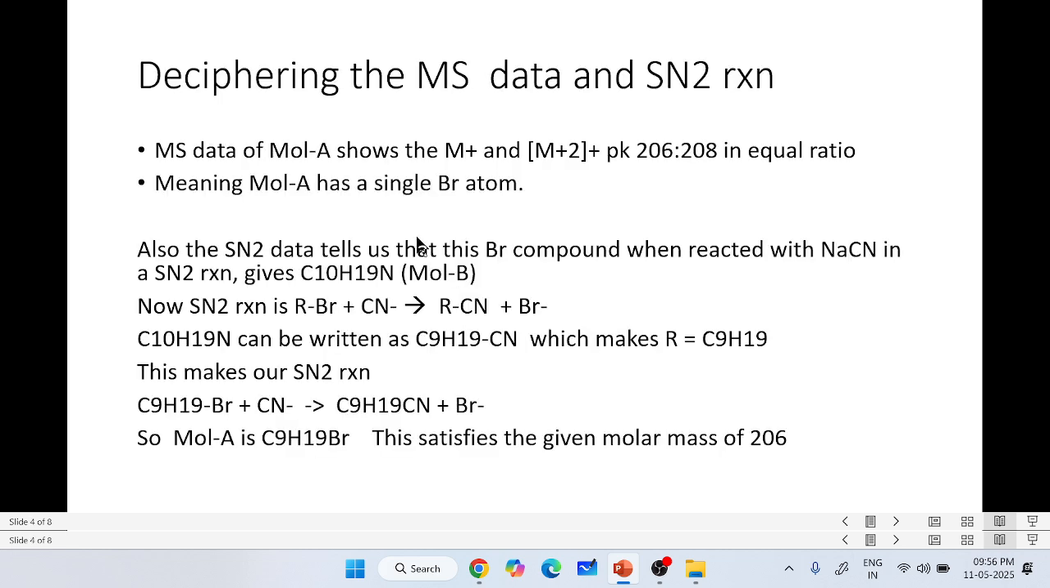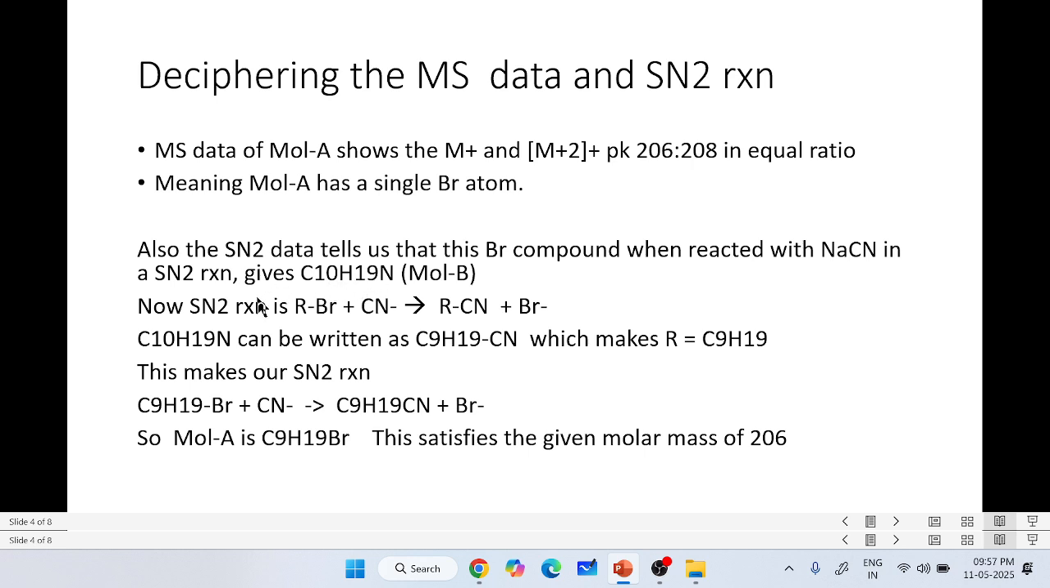Okay, so now first of all, we have to decipher the MS data and the SN2 reaction. The MS data of molecule A shows the M plus and the M plus 2 peak at 206 and 208 in equal ratio, which means that molecule A has a single bromine atom, right? Now let's look at the SN2 data. It tells us that this bromo compound, when reacted with sodium cyanide in an SN2 reaction, gives this molecule B, whose molecular formula is given as